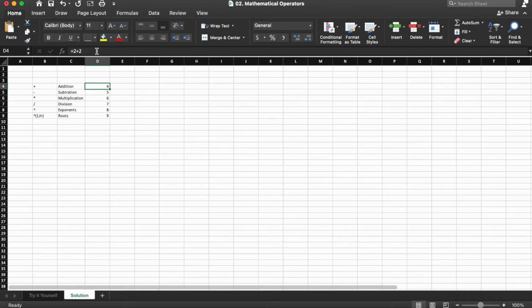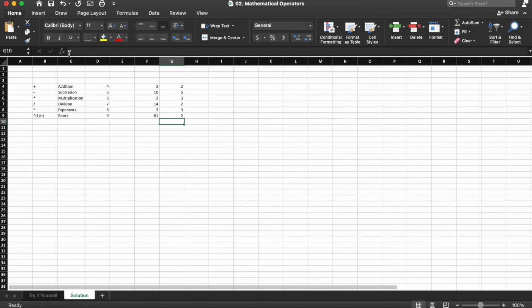So next we're going to use external cell references. We're going to jump over to columns F and G, and we're just going to type in the values that we used in column D. So 2, 10, 2, 14, 2, and 81. And then 2, 5, 3, 2, 3, and finally 2.